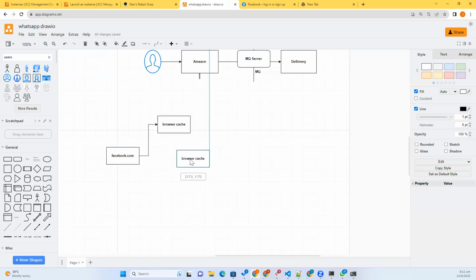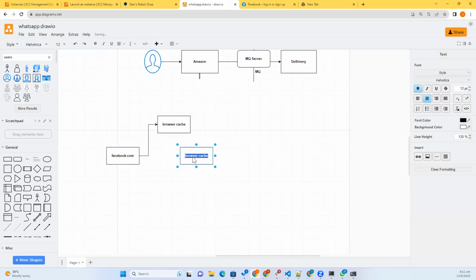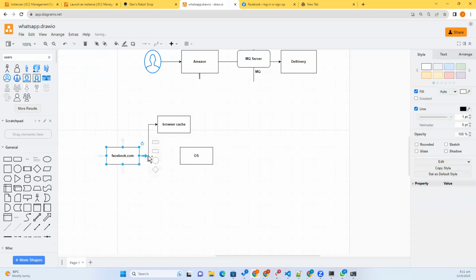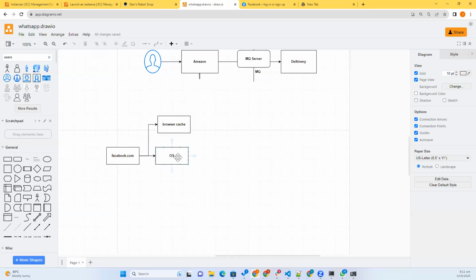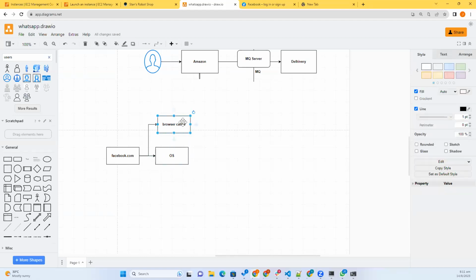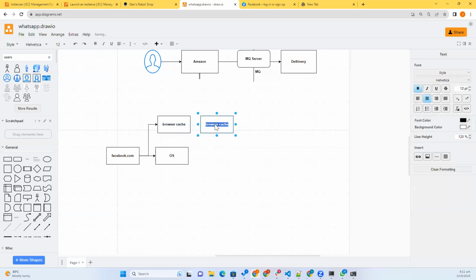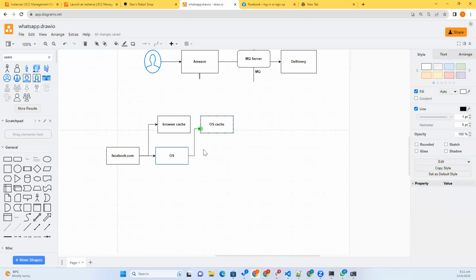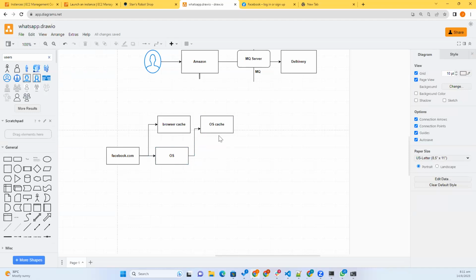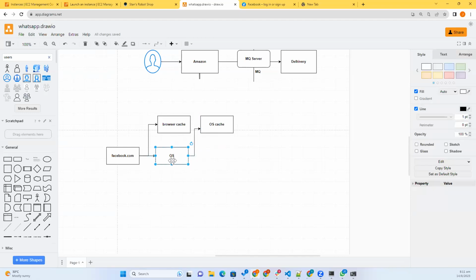Okay. So this is the OS, operating system. The browser will contact the OS: do you have the IP address for facebook.com? The OS also has some cache. So that is the OS cache. Then the OS will contact the OS cache: do you have the IP address for facebook.com? But this is the first time, definitely they don't have any cache. Then it is the OS responsibility to fetch the IP address of the